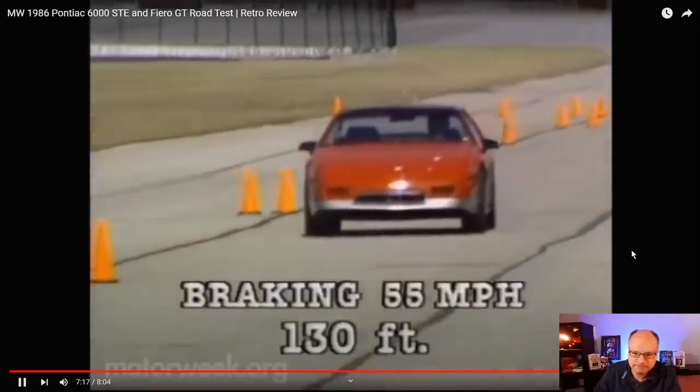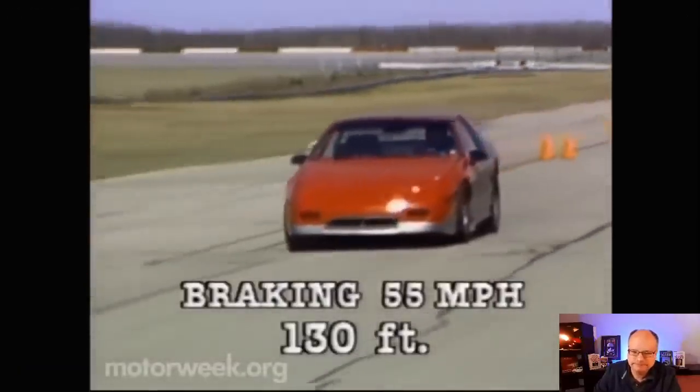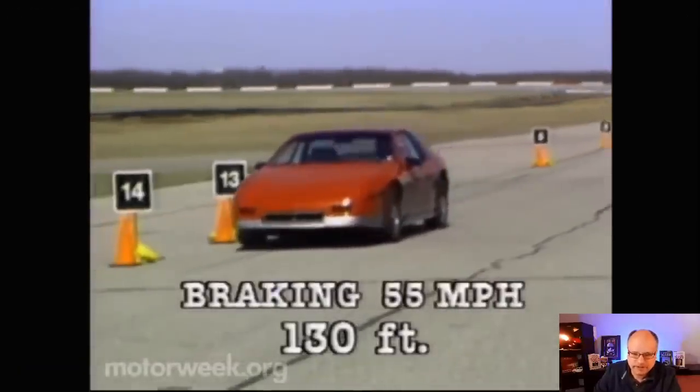Brakes also faded more than we would have liked, although an overall stopping distance of 130 feet from 55 is